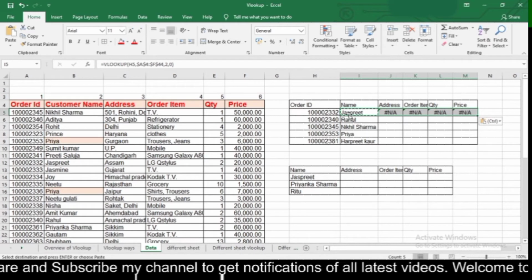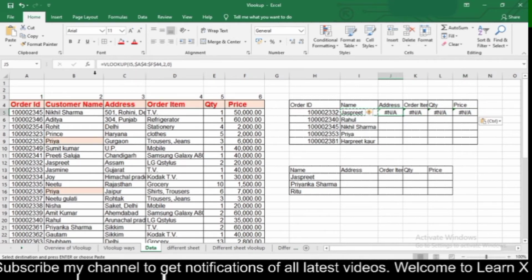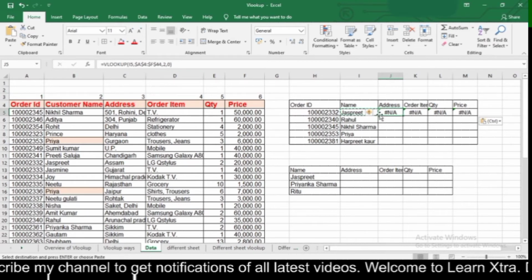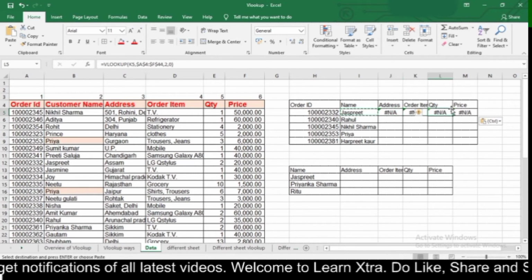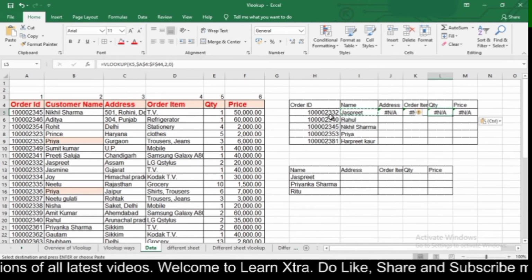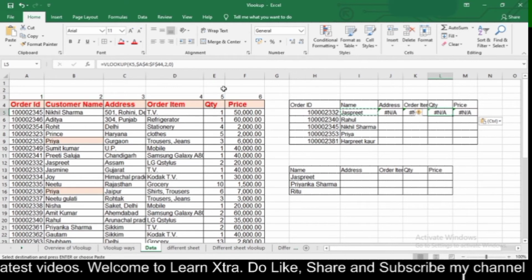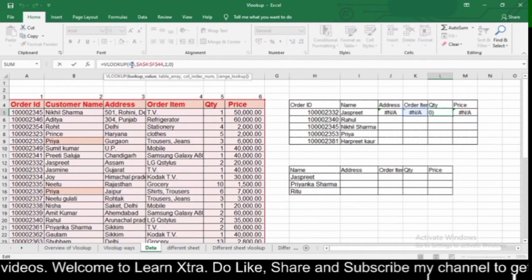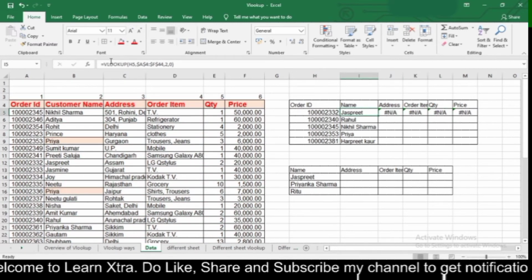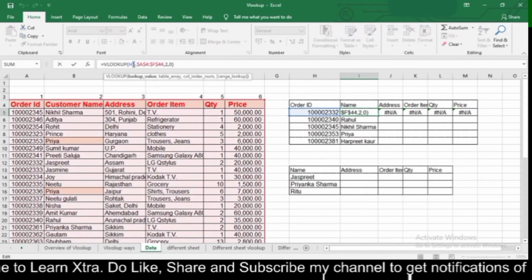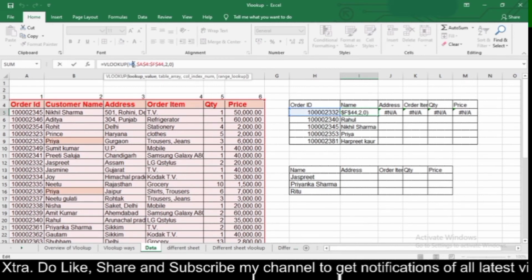I didn't get my answer because here my lookup value is I5, that is Jaspreet, and moving left to right, I also need to freeze my lookup value, that is this value, my H5. Here I need to freeze my H5 also. So simply press the F4 key from your keyboard and then press enter.